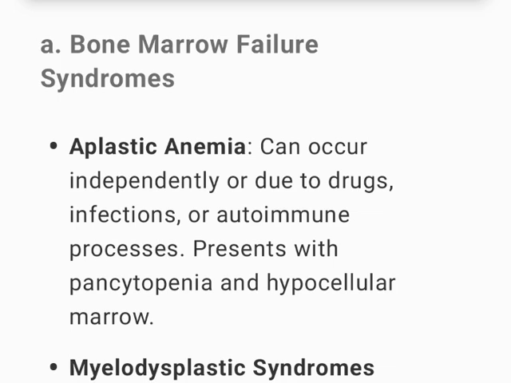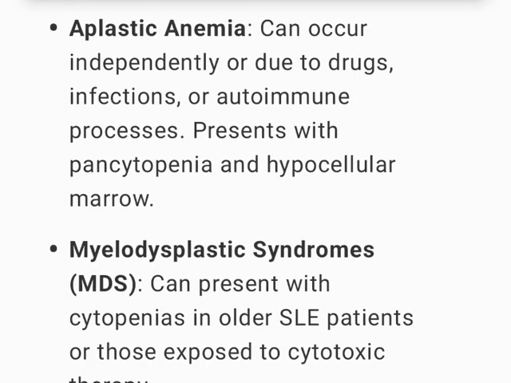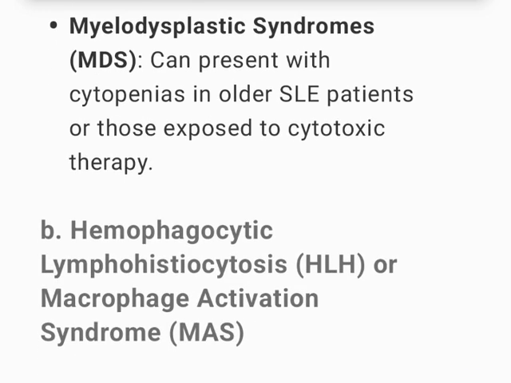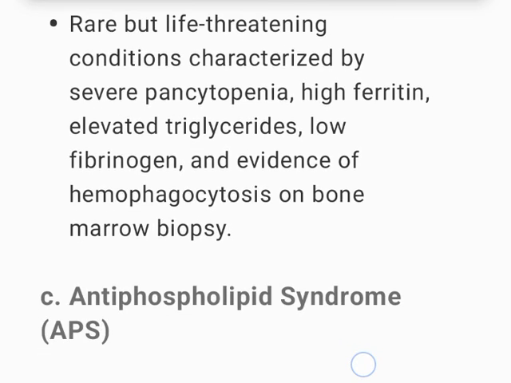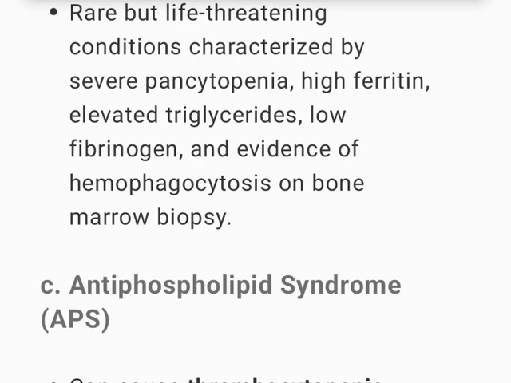A. Bone marrow failure syndromes, aplastic anemia, can occur independently or due to drugs, infections, or autoimmune processes. Presents with pancytopenia and hypocellular marrow. B. Myelodysplastic syndromes, MDS, can present with cytopenias in older SLE patients or those exposed to cytotoxic therapy. Hemophagocytic lymphohistiocytosis, HLH, or macrophage activation syndrome: rare but life-threatening conditions characterized by severe pancytopenia, high ferritin, elevated triglycerides, low fibrinogen, and evidence of hemophagocytosis on bone